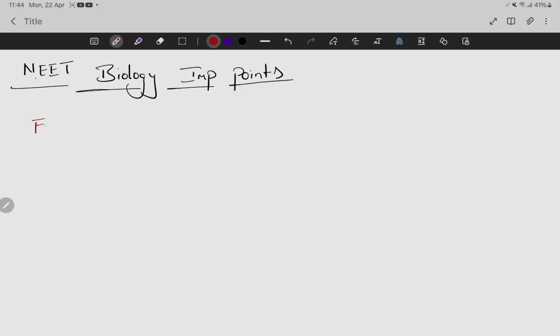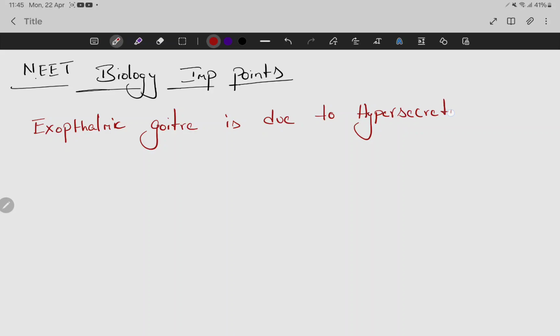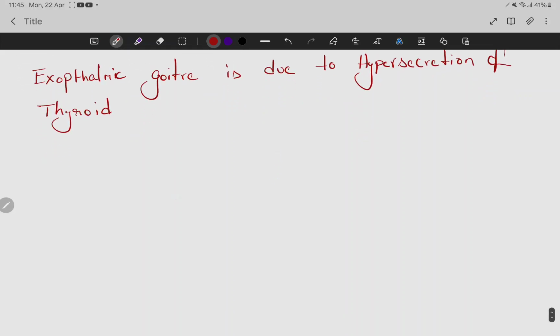So exophthalmic goiter is due to hypersecretion of thyroid. Okay,